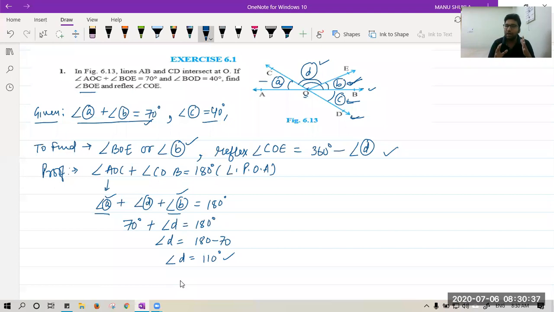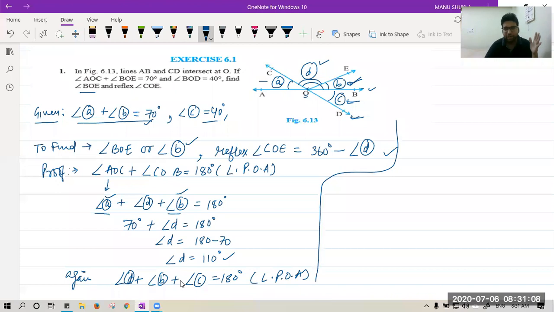Very easy. So you have to think how I can find the value of B. First, by this process we found angle D, D for Delhi, and now we will take the other line, that is COD, in which D plus B plus C is 180. Again we can say angle D plus angle B plus angle C is equal to 180 degree. Same reason, linear pair of angles. Now put the values.